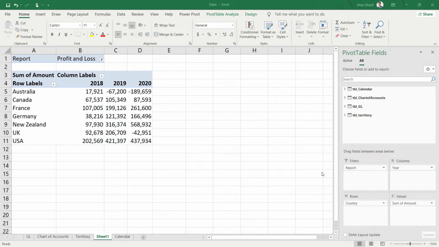Welcome back. So now that we have a basic idea how Power Pivot works, we can jump to start our profit and loss statement, which is actually going to be the easiest statement that we are going to prepare. And it is so easy that we will not have to write an index code for that.